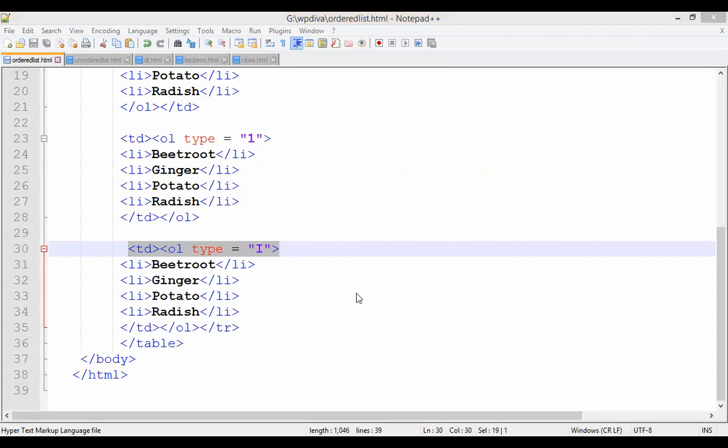Because we might end the first unit in 2 to 3 classes. I'm going to take a few extra classes and we will wind up with the first unit. So we are almost at the end. Another 2 to 3 classes, we will wind up with the first unit, right? Okay, so we will see another example which is on the unordered list.